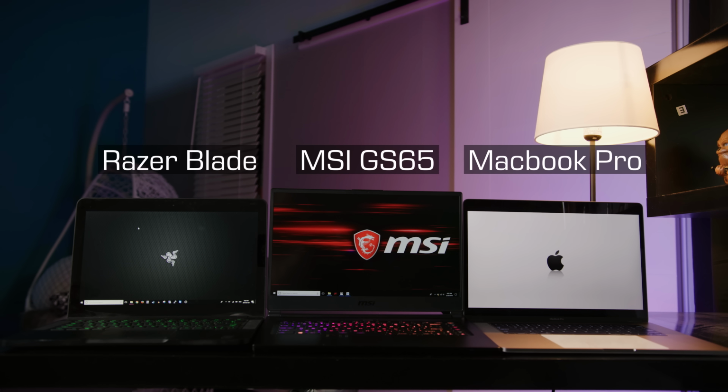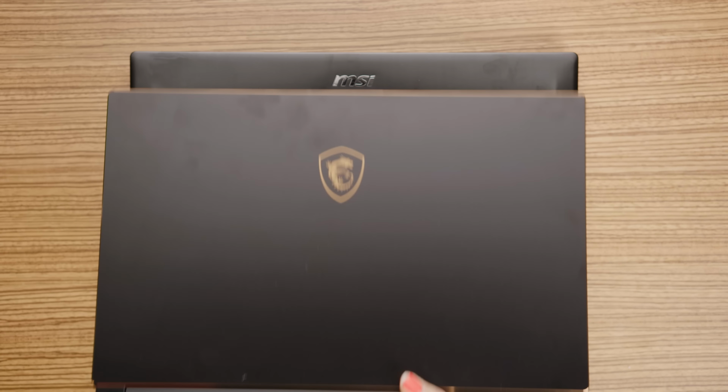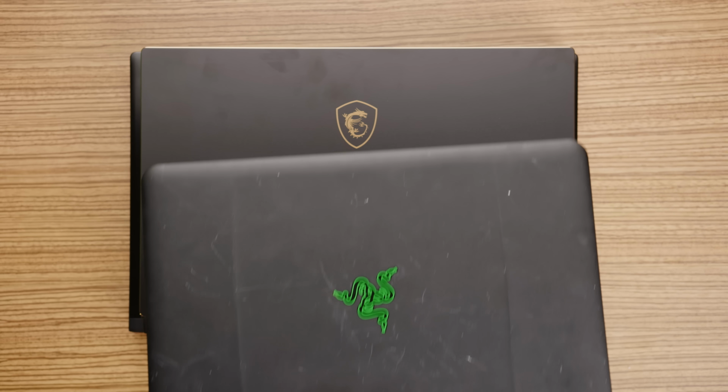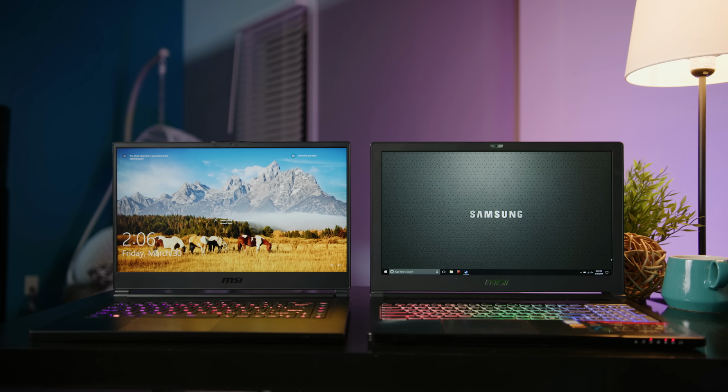Even though its screen is larger than high-performance compact competitors like the Razer Blade and MacBook Pro, it has a surprisingly similar footprint. So how did they pull this off? Well, first, they dramatically shrunk the bezels. The sides are a mere 4 millimeters now, with the top bezel only about half the size, and the webcam,